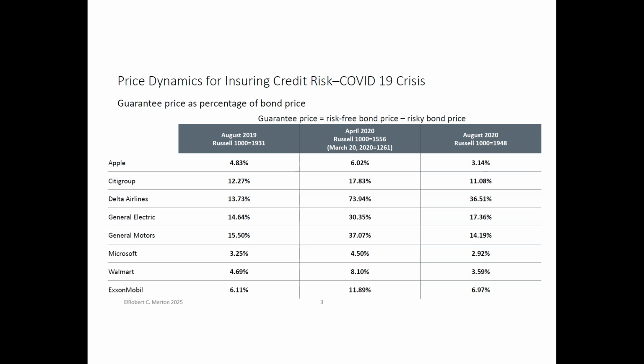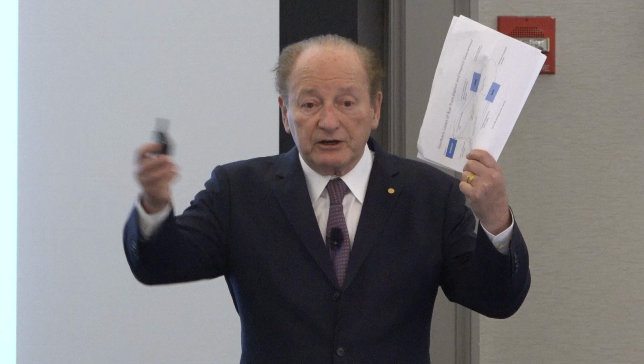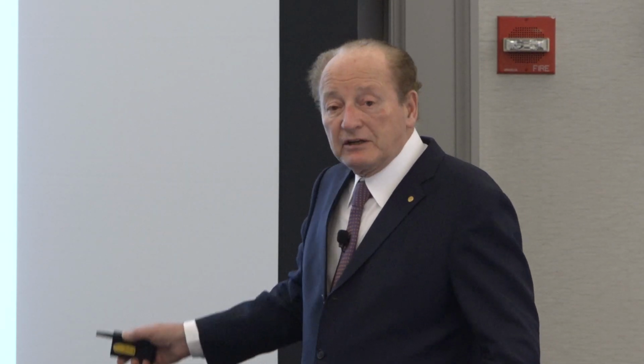So what I did is I took 3 data points. How can I compute the cost of the guarantee for each of those bonds? Well, I just showed you. Value the bonds as if they were treasuries. You know how to do that. You look at the treasuries, you apply that to those bond promises. Subtract from it the actual market price of the bond, and that gives you the market price of the guarantee. So you see, again, not a particular theory in the sense of modeling, it's just simply calculation.